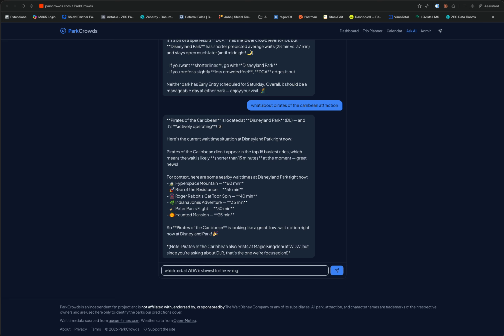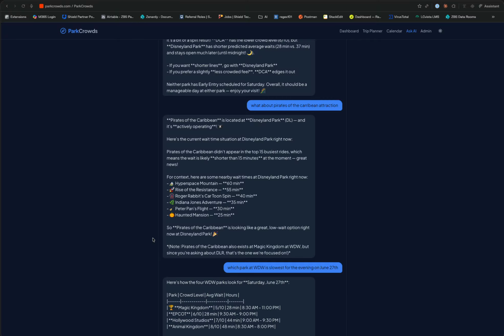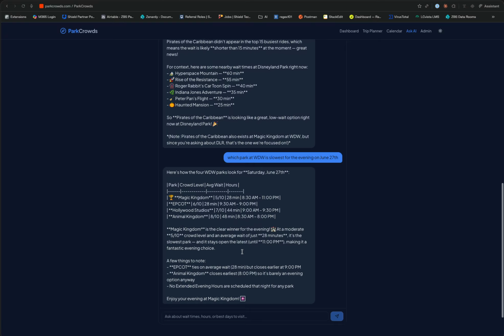So we'll look at just the evening times of June 27th or whatever day you're going to be going. It's just an example. And it'll search the prediction database. You can also look back in time. I'm not sure when and why you might want to do that, but it does have all the data for back in time. It goes back several years of data as well.